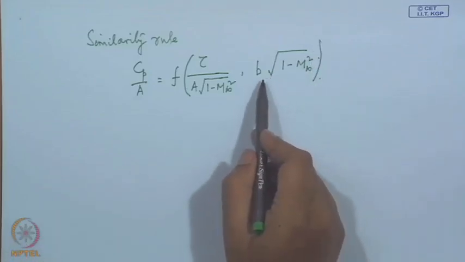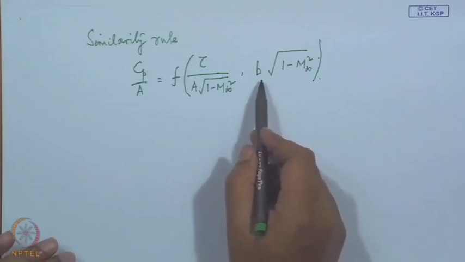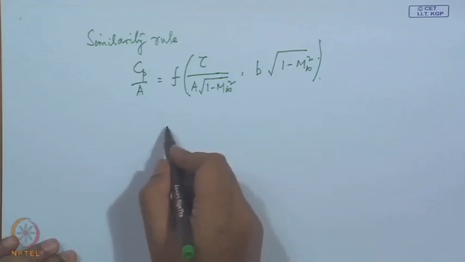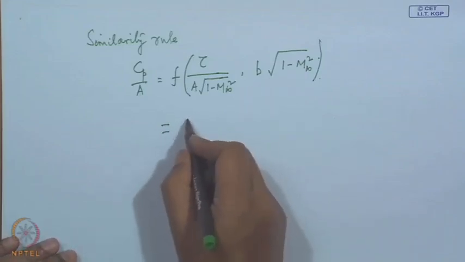Since B is proportional to aspect ratio, this can be written as